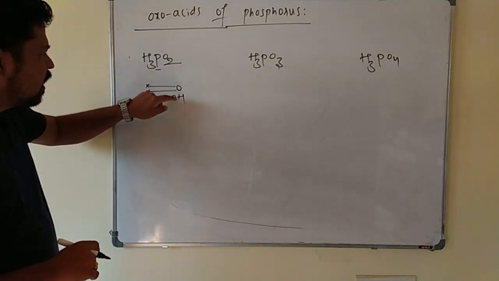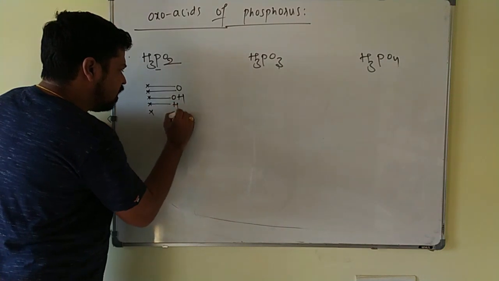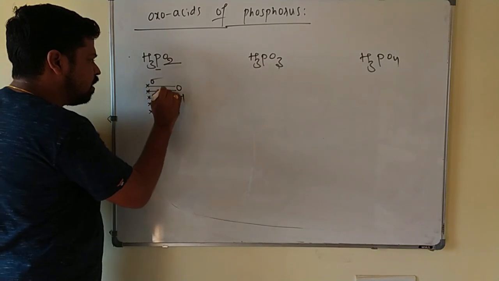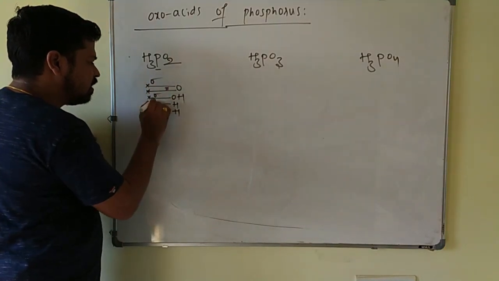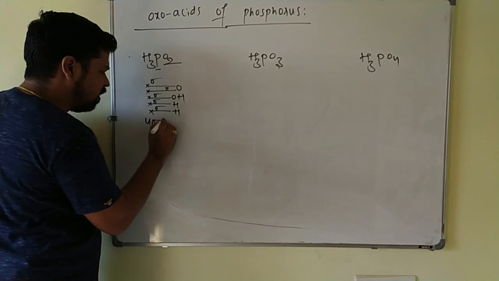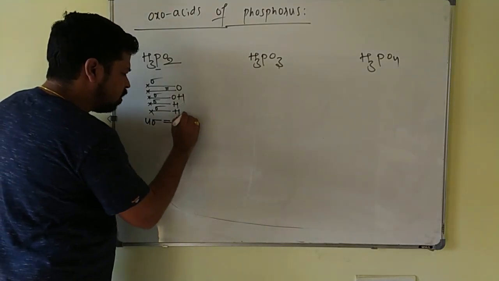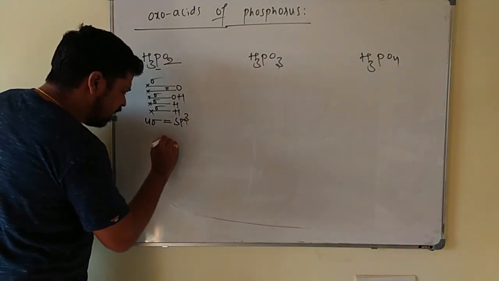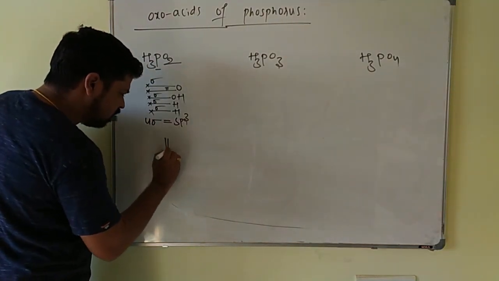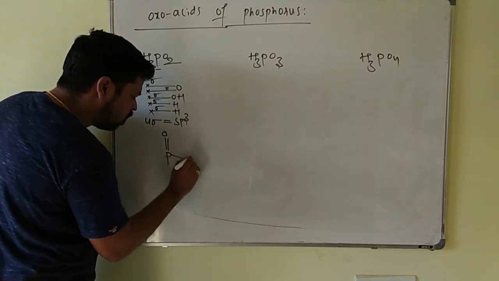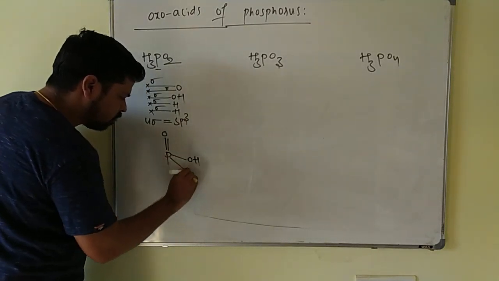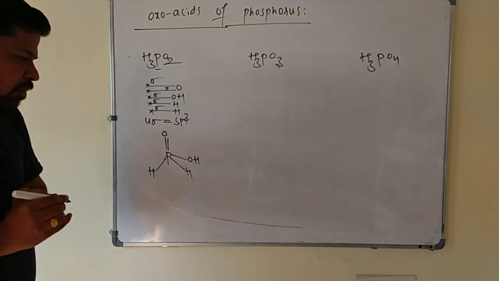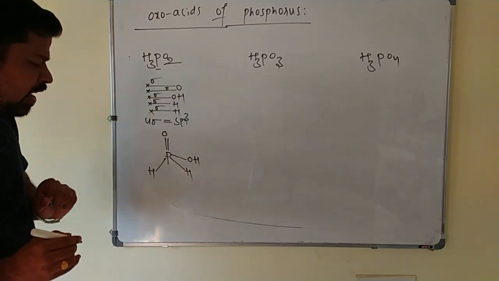So the remaining 2 hydrogens are there; 2 oxygens are already utilized here. The remaining 2 hydrogens are bonded to the phosphorus by using 2 electrons. So this will be sigma, and this is pi bond. Again this is sigma, sigma and sigma. It is having 4 sigma bonds. So the hybridization of the phosphorus is what? sp3 here. So this must be having tetrahedral shape like this. All right, this is a phosphorus, P double bond O, and this is OH, and this is H, and this will be H here. It is having tetrahedral shape, and this phosphorus is sp3 hybrid here.